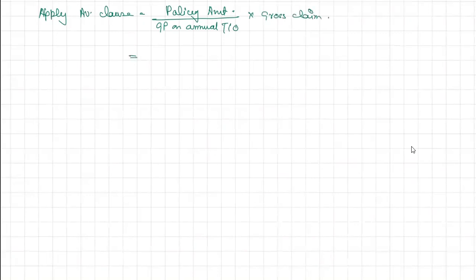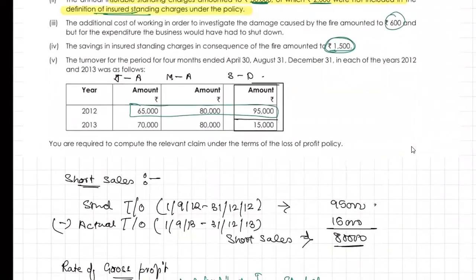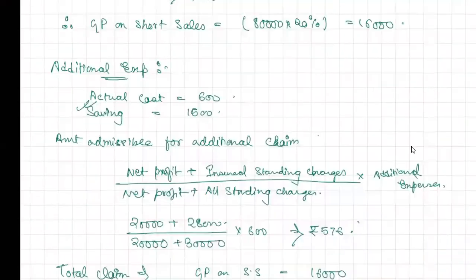ये हमने ऊपर भी डिस्कस किया था कि अगर 40,000, ओके, नाउ जीपी ऑन एनुअल टर्नओवर क्या था? देखिए, इस पीरियड में आग लगी है, करेक्ट? ये 4 महीने का पीरियड है, मतलब इसके बाद के जो 4 महीने होंगे, ये दो मतलब 8 और एक ये, यही होगा ना 1 साल। ये एक 4 महीने का, ये एक 4 महीने का, ये एक 4 महीने, ये 12 महीना होगा कि नहीं? यस सर।